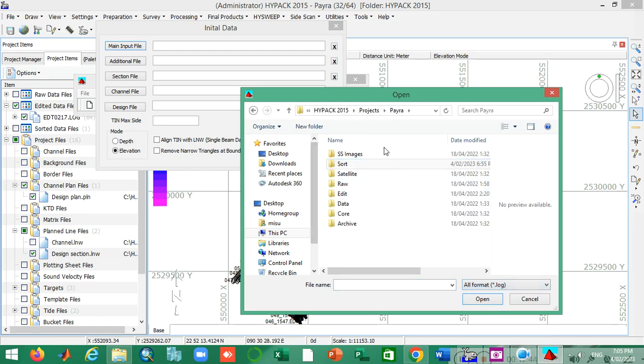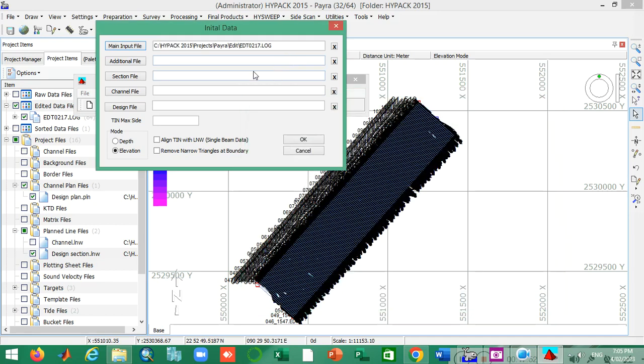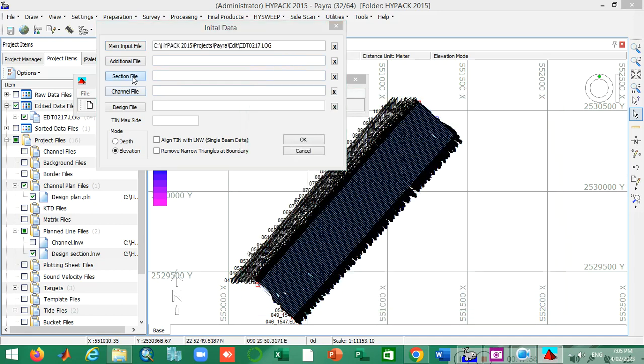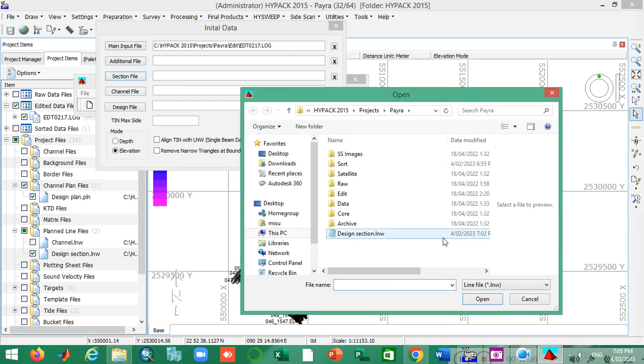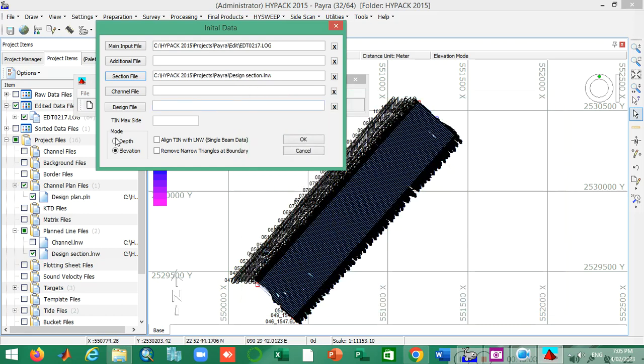So move on to my log file, to my project short edit data, this one. Okay, now the section files which I prepared sometime ago, the design section is my section files. Then open it, change it to depth mode, and this is the tin maximum side. Tin maximum side means how long my tin leg is